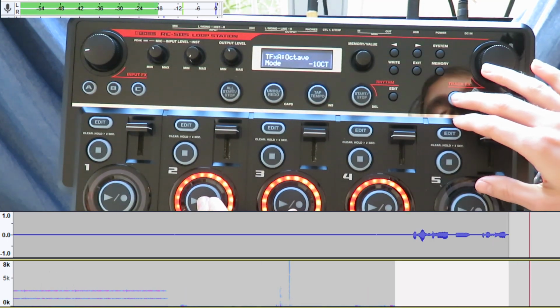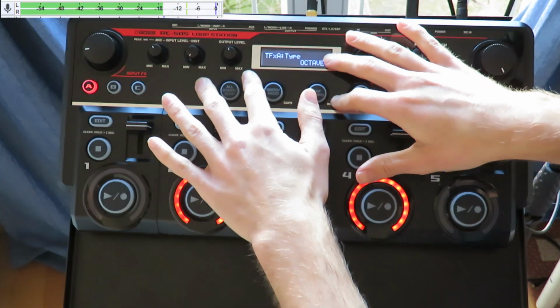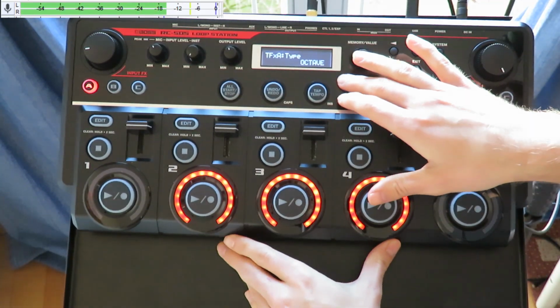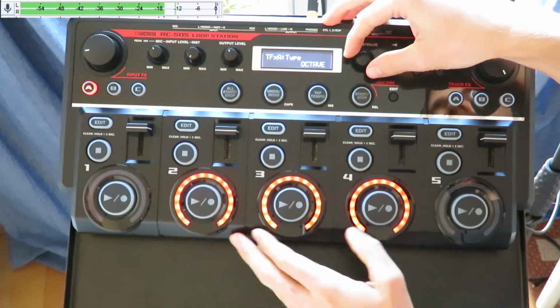It is similar to guitar to bass, right? That's the octaver. Now, while we're talking about effects that change the pitch, let's talk about the next thing, which